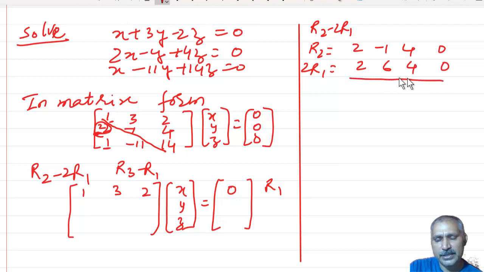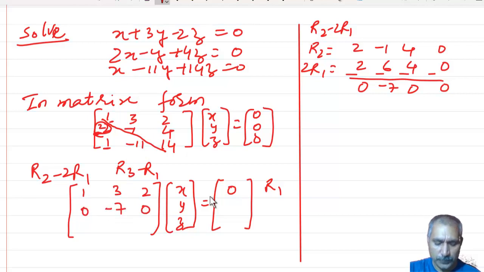As we are subtracting, the sign will change. So 2 minus 2 is 0, minus 1 minus 6 is minus 7, and the others are 0. So we got the second row as 0, minus 7,